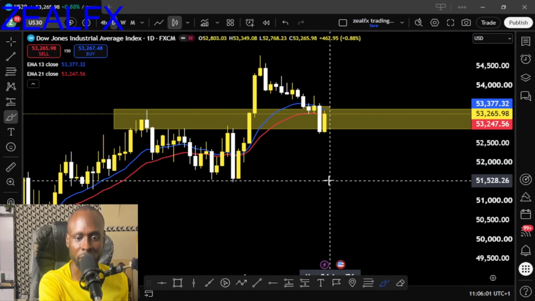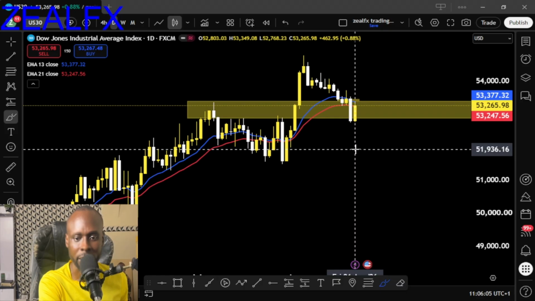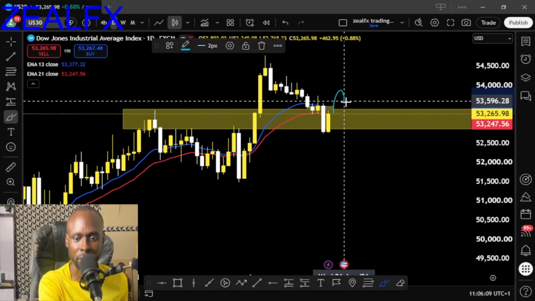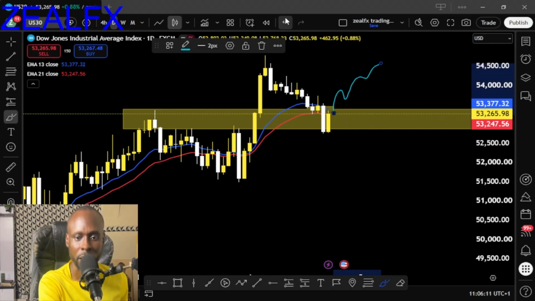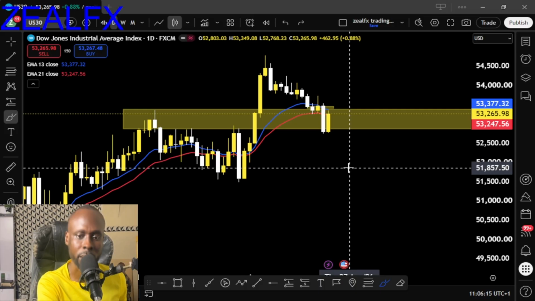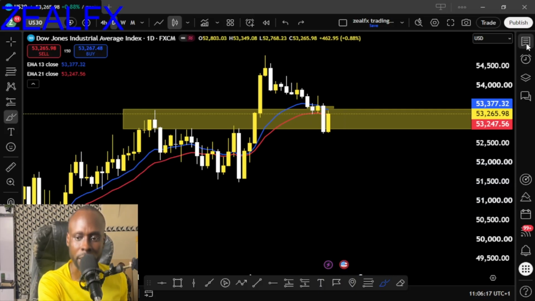On the daily time frame now, we can clearly see price having a bullish structure on the daily time frame also, but we need price to give us a confirmation for more buys. If you can see price close above that weekly level, then we'll start looking for more buys on the US30. So let's look at the next pair,